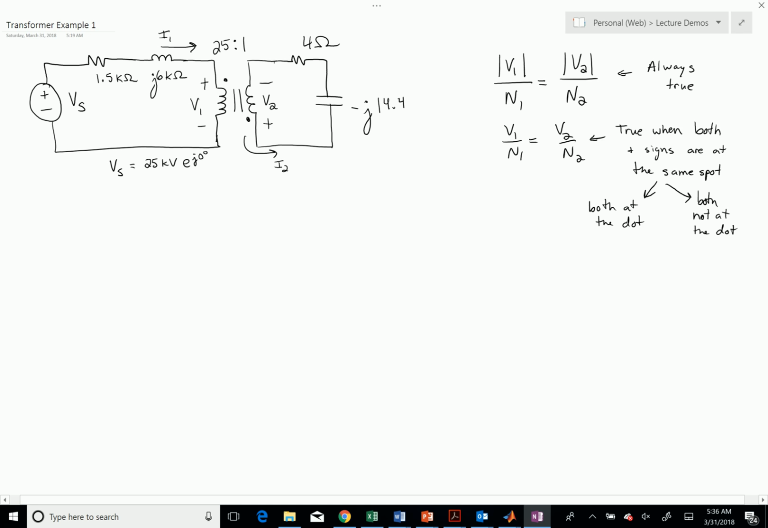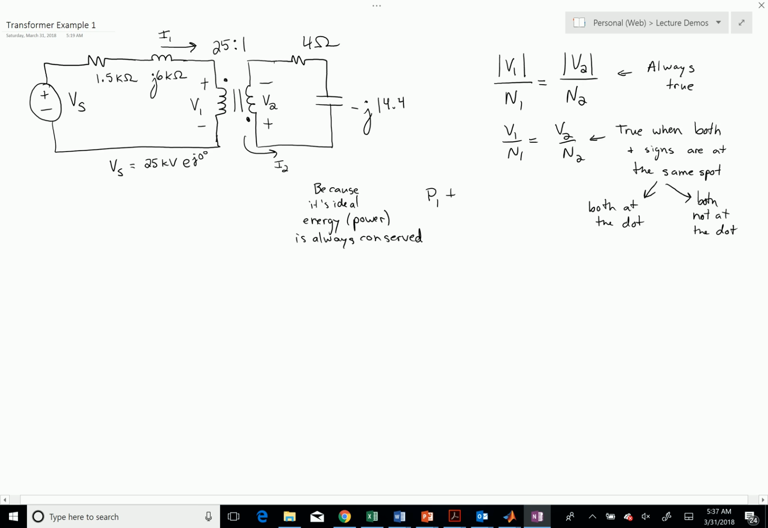Now, the way that I remember the current relationship is I say because the transformer is ideal, because it's ideal, energy, meaning power, is always conserved. Okay. Now I sometimes state that as power in equals power out, but really what that means is that